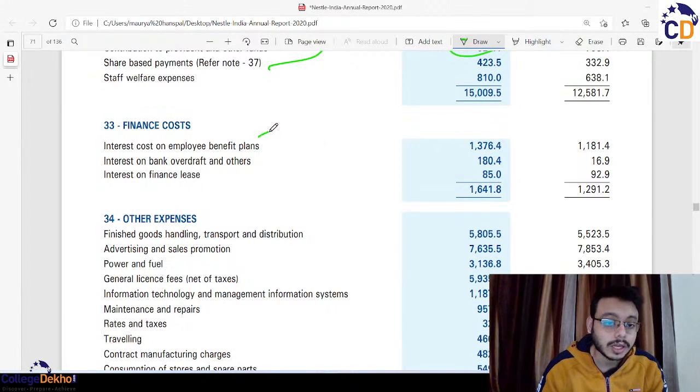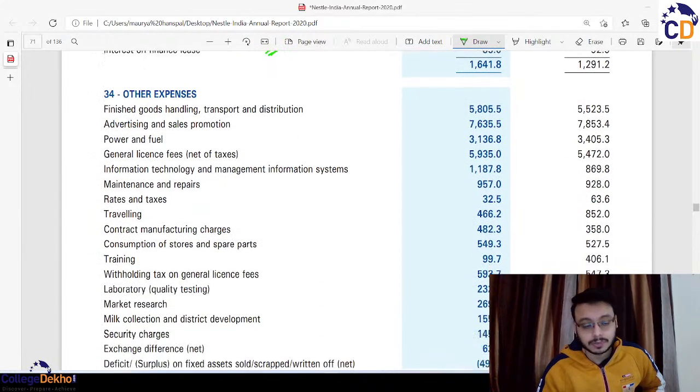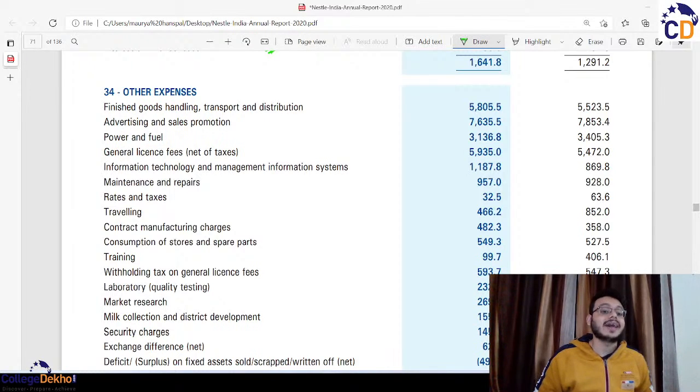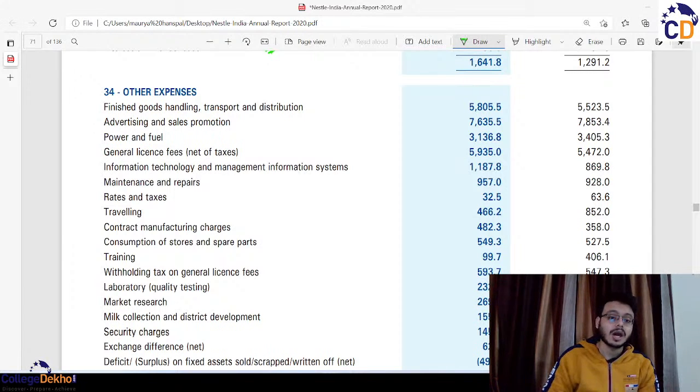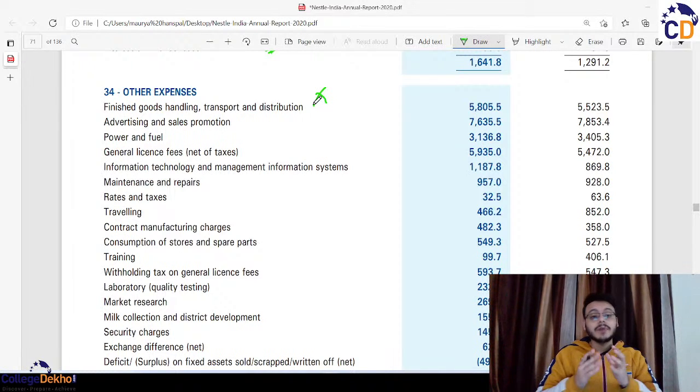Interest cost on employee benefit, overdraft, interest on like finance lease and all these things have been mentioned here. ठीक है। अब other expenses में से we have to see which are the direct one, and the direct expenses would be included in the formula for the cost of goods sold. अब finished goods handling, transportation ये नहीं आएगा, because तुम्हारा like finished good बन चुका है and वो अब सेल हो रहा है।